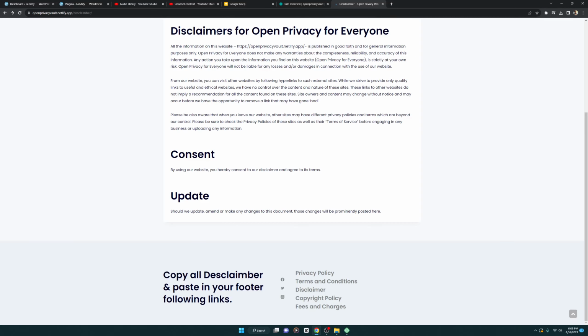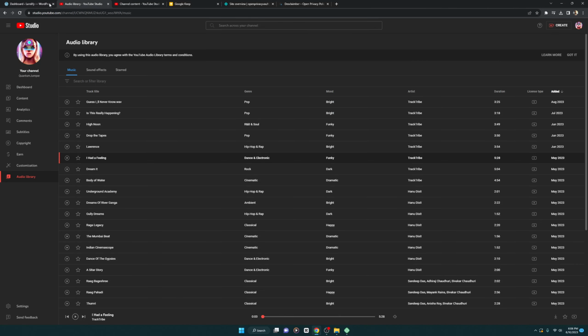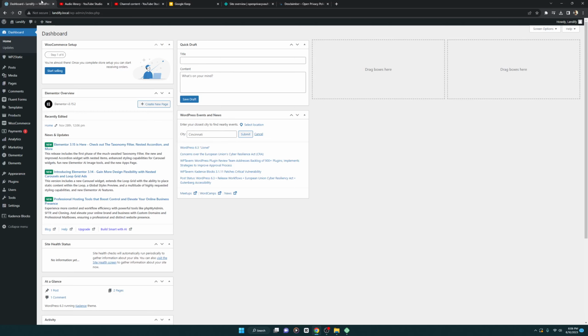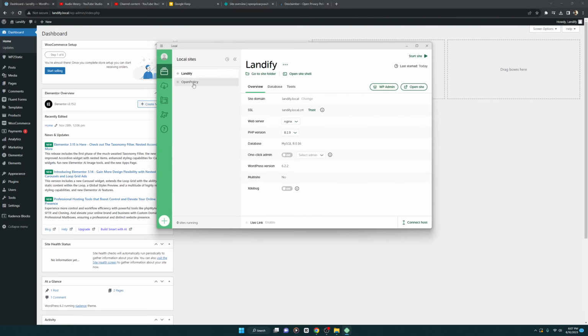So I used Simply Static on my local WordPress, but that didn't work. Okay, so now I will go to the privacy WP installation and turn it on, starting the engine. If you don't know, it is Local by Flywheel. It's completely free, and it's very